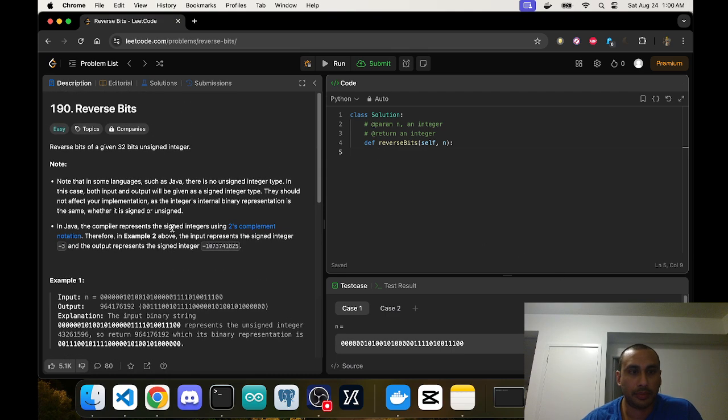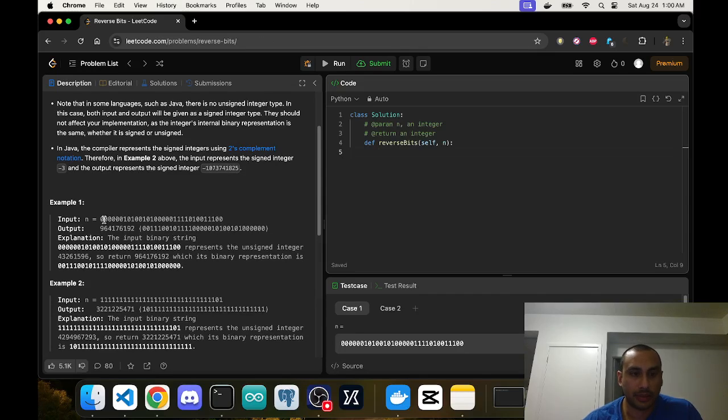Okay, so reversal of bits. So they give me this. I basically have to take this and reverse it, which is an input n. So what I could do is I could turn this into a string, string n, and then I could go n